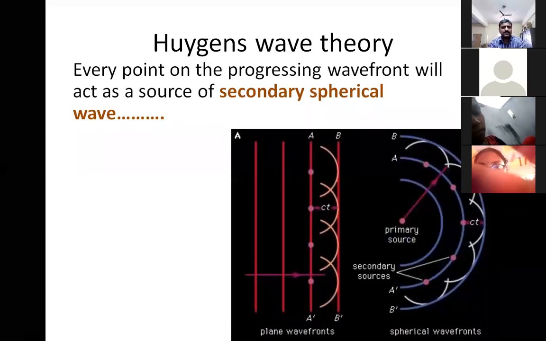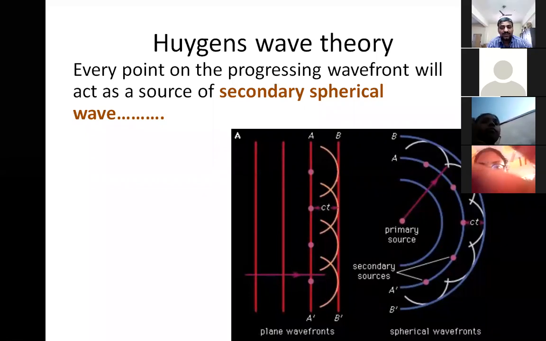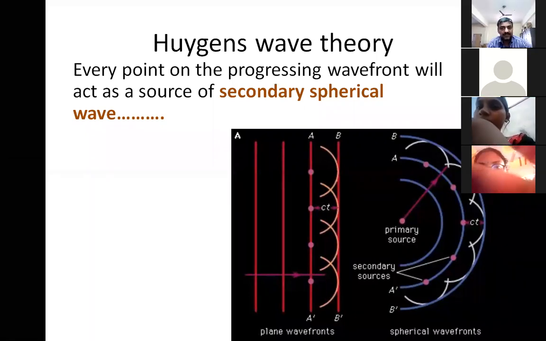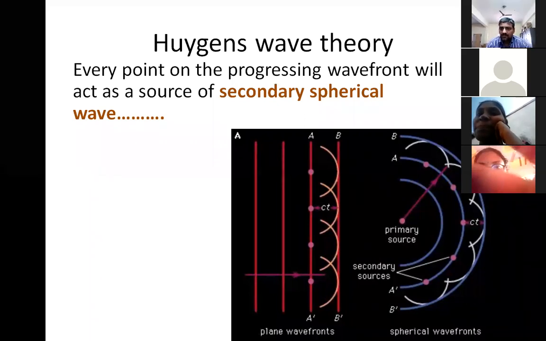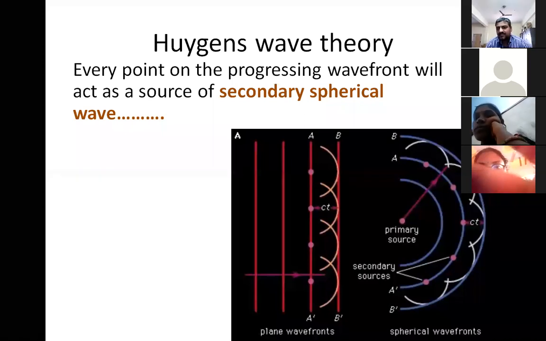Already we have seen this. I'm going to explain a little bit of Huygens wave theory. See, all this Huygens wave theory is not a part of this course. I don't have to discuss all these things, but in order to proceed further, you need to have a strong foundation. Without knowing this Huygens principle, you cannot derive anything in the diffraction part. That's why I'm just recapitulating these things. Probably in intermediate, you might have studied what is a spherical wave and what is a plane wave. We are recapitulating the same things in order to have a better understanding of diffraction.